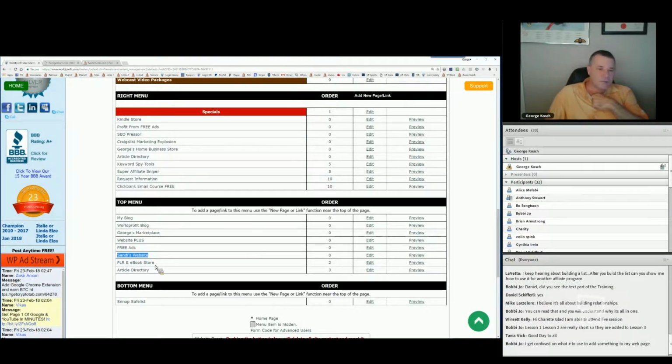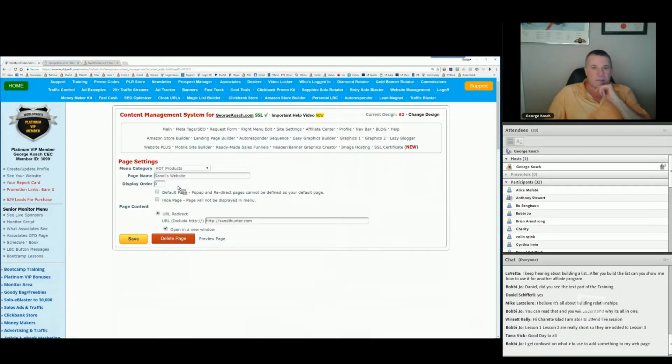Now you're not going to have 10 of them like I do, and you can change the order and stuff too. You can make it the one near home or whatever. Just change the order here. But here I'm going to go edit and say that I want to change the menus, different menu settings and things like that. Menu category. I want to change it in different areas here, and take this. I can delete it. Okay, so I'm going to remove it,